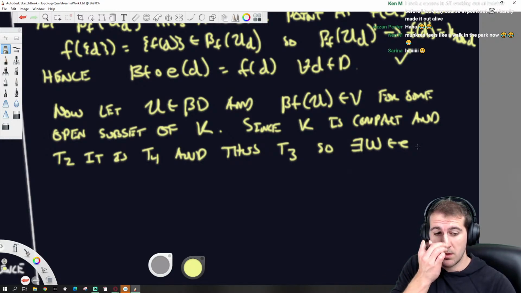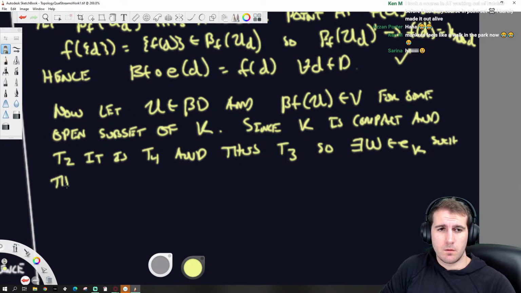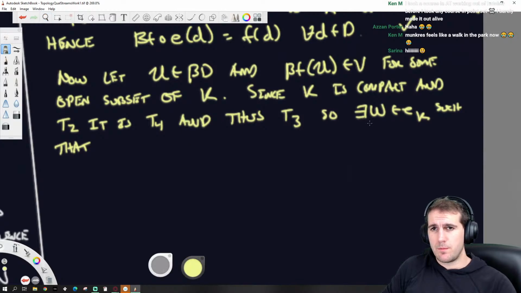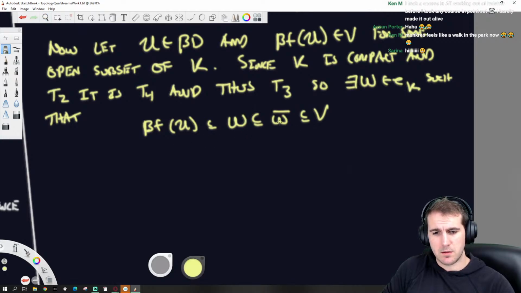So there exists a W within tau K such that beta F of the ultrafilter is a subset of W, which is a subset of W closure, which is a subset of V. That's just a version of regularity.